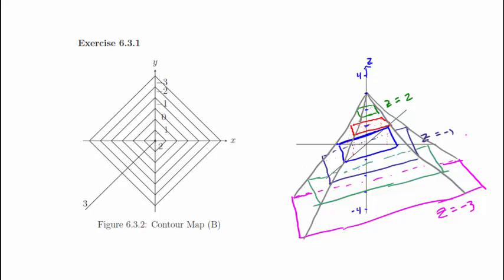We get a z value of 3 here when x and y are both 0. Then we get the square from 1, 0 to 0, 1 to negative 1, 0 to 0, negative 1, and then we get a z value. Labeling all of these, we have z is 1 for this contour line here. It looks like a parabola. Not giving an x and y scale, so we're just going to assume one by one, and so forth. The z values keep going down until we get to a z value of negative 3, and we have a square that goes from